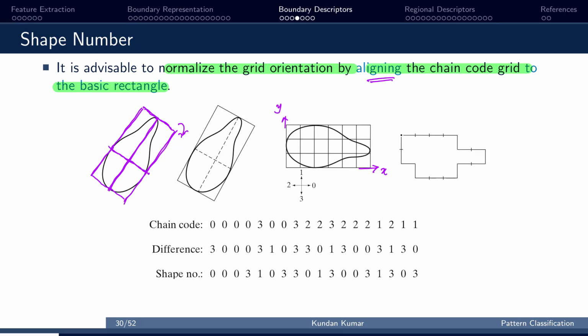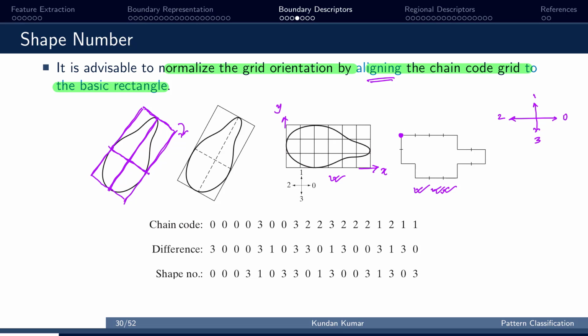Then we subsample this shape using the grid operation. When we divide this image into different segments, that means different grids, we obtain this type of boundary representation of this shape. So now you know how to write the Chain code, differential Chain code, and the shape number. For this shape, if we consider the 4-directional Chain code,